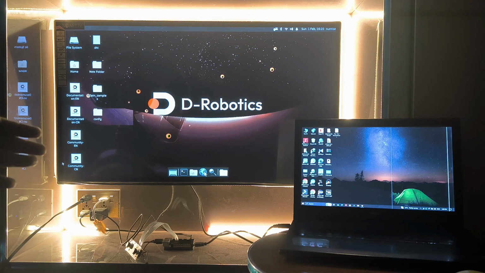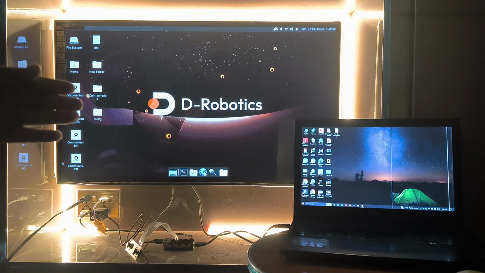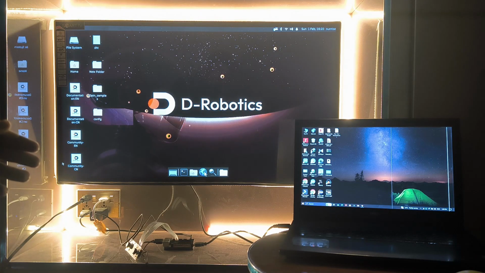In today's tutorial, I will show you how to access the RDK X5 directly on your laptop. We will connect it to the same network and then access the RDK X5 using the laptop screen. This is very useful if you want to control, monitor or work with RDK X5 from your PC. So if you are working on development, IoT projects or system access, this video is for you.